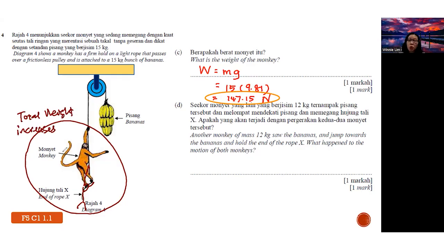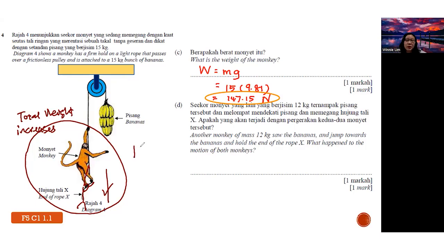Then the system is no longer in equilibrium. And of course, both monkeys will actually move down on the left-hand side. Agree? Okay. And because there is a net force acting on the system,